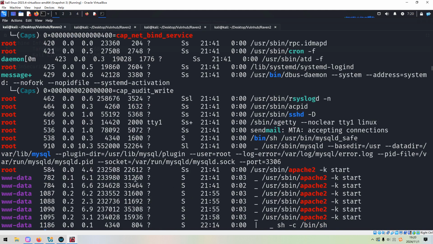I think you can notice here the MySQL daemon process is run by root user. So it means that if we can run the user-defined function, and then we can get the privilege of the root user. So how to do?